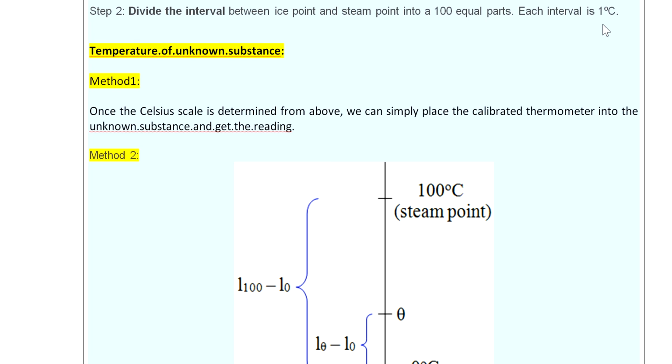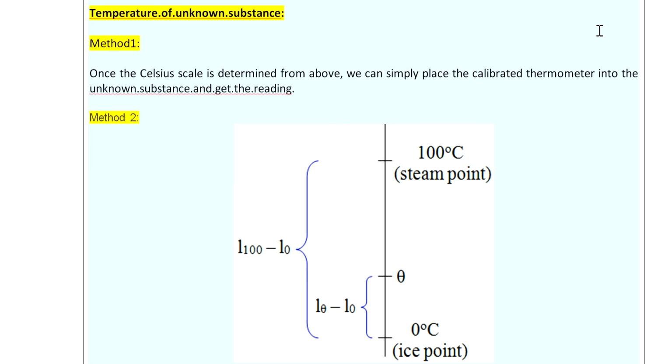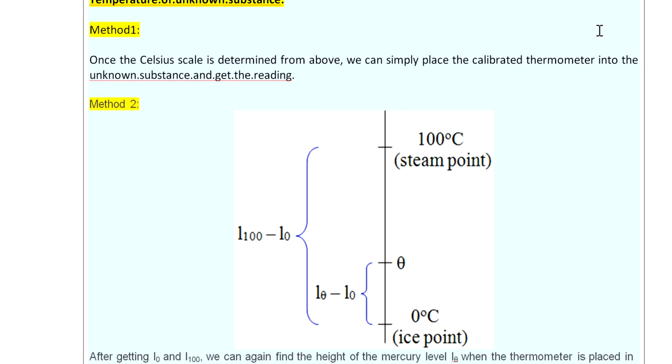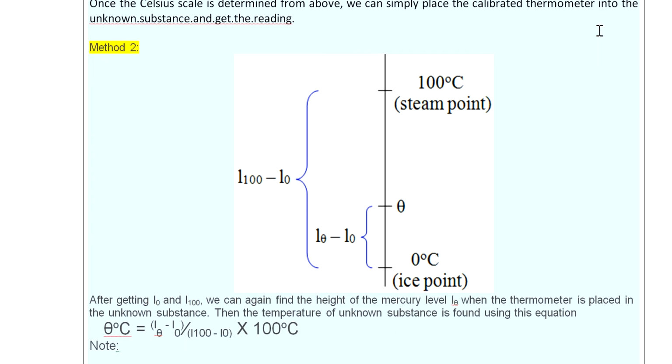Simply the way a doctor puts the thermometer under the arm or in our mouth, and he or she is able to see the temperature by just watching the degree and by comparing the number of divisions with the degree Celsius. Students, the second method is very important, and this is only included in O levels, not in IGCSE.